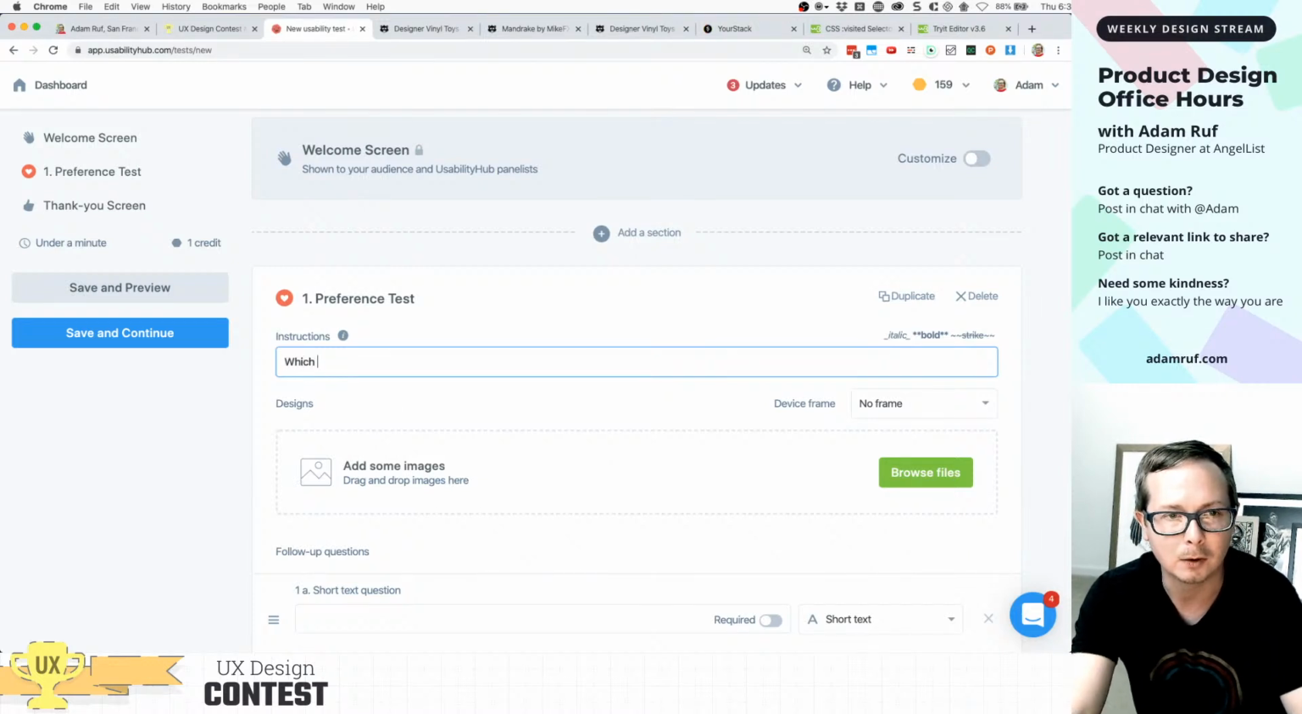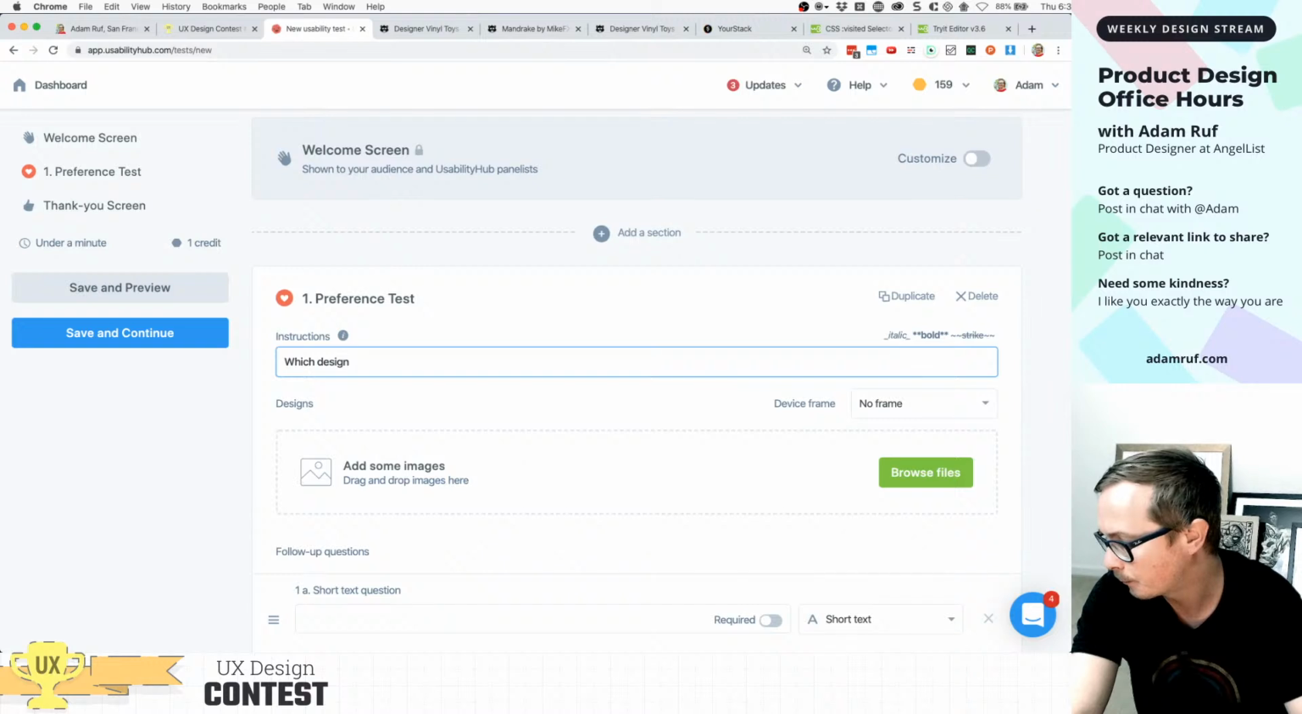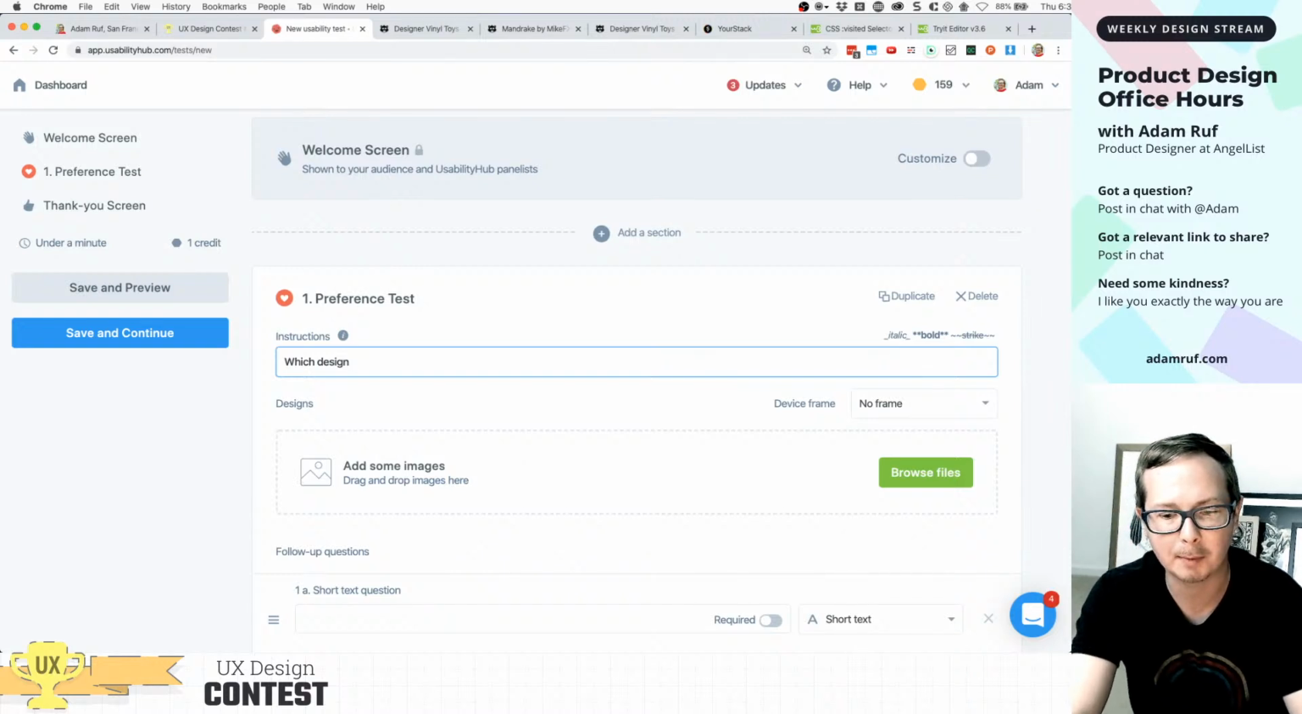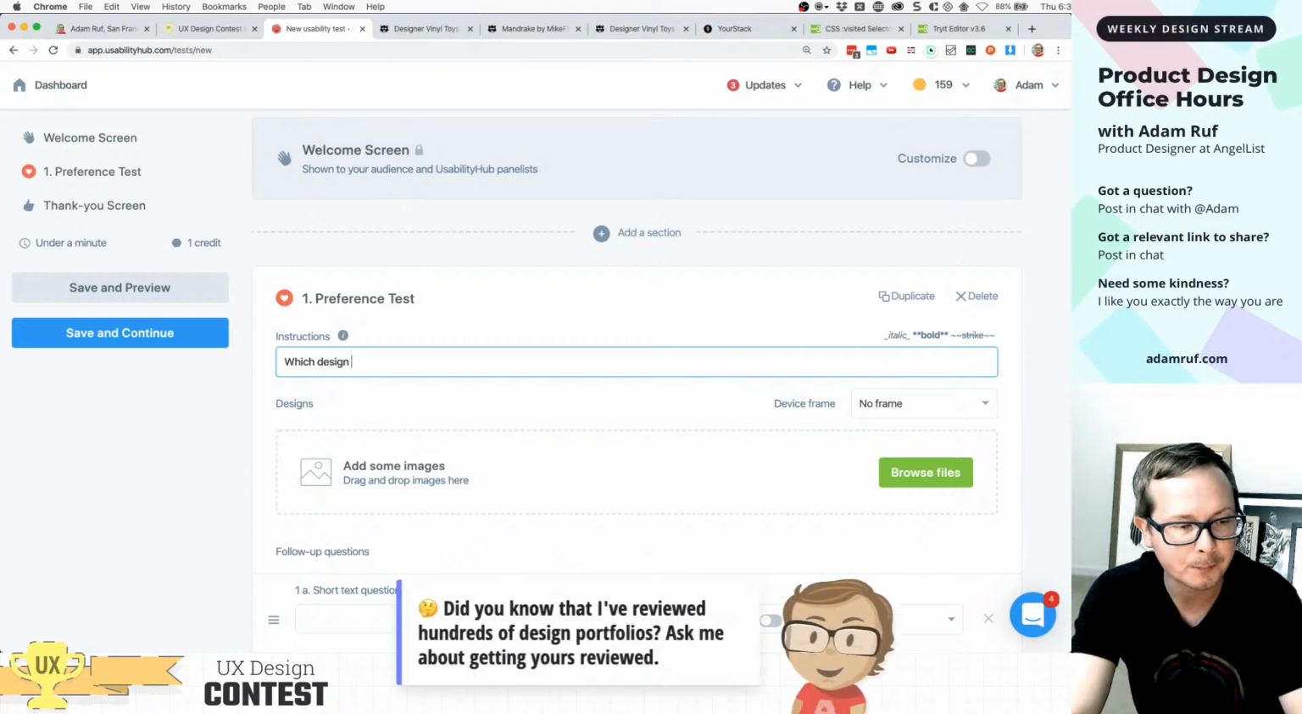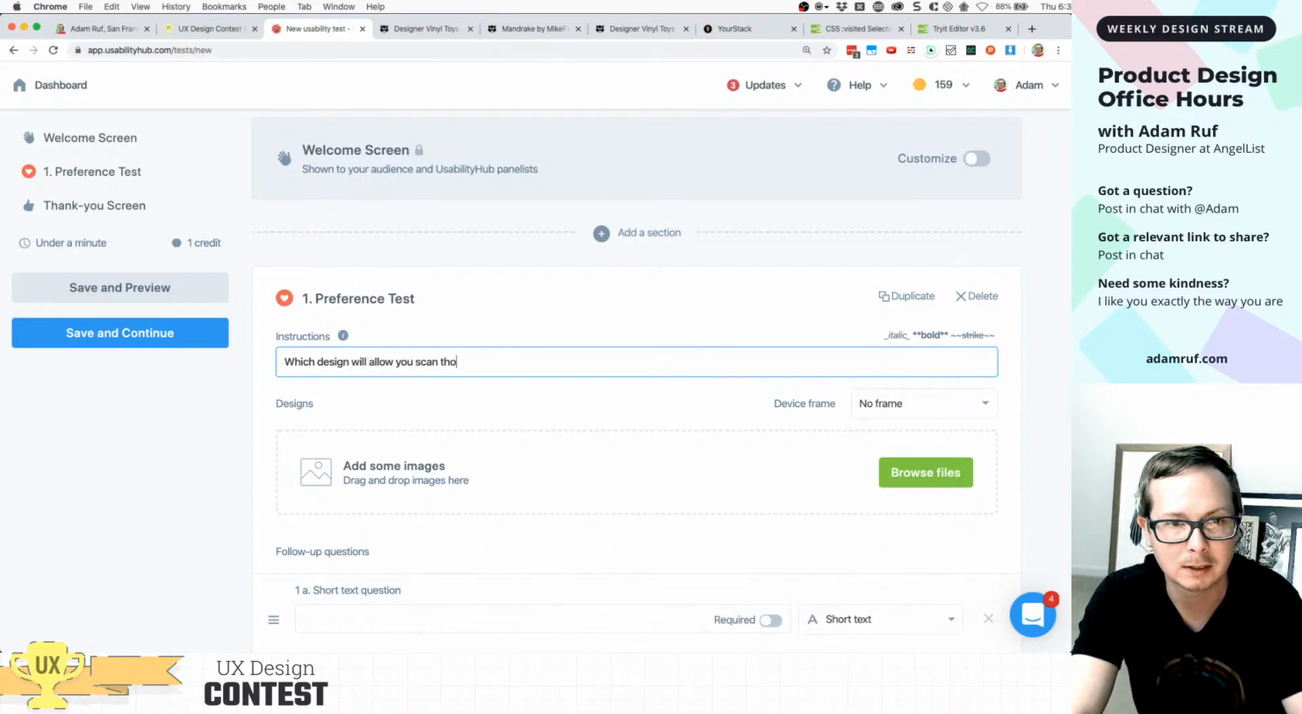It'll be which design, and I really need to take a step back and think about what's the goal, right? The goal is to quickly scan through the items. Which design will allow you to scan through new products more quickly, faster? Which design